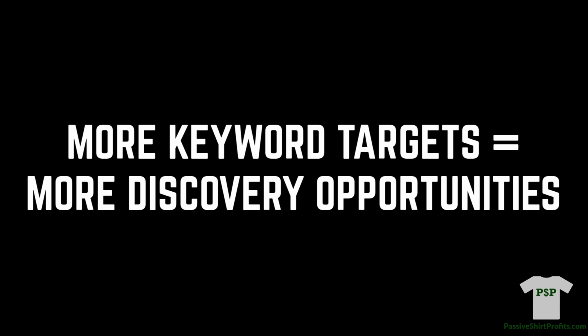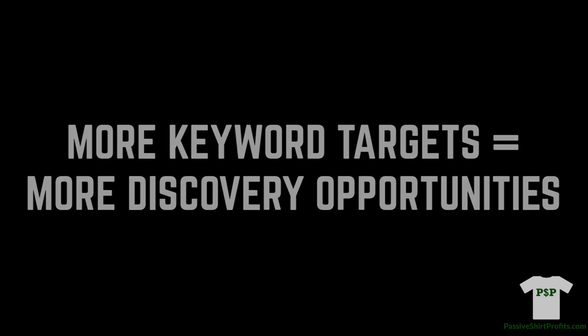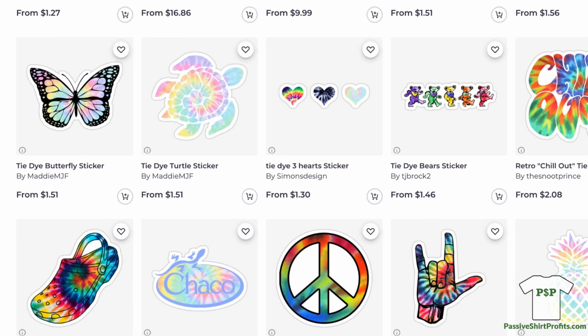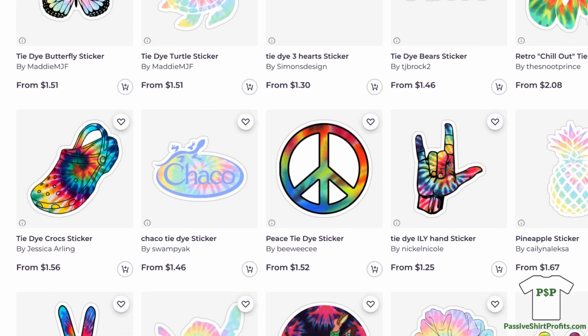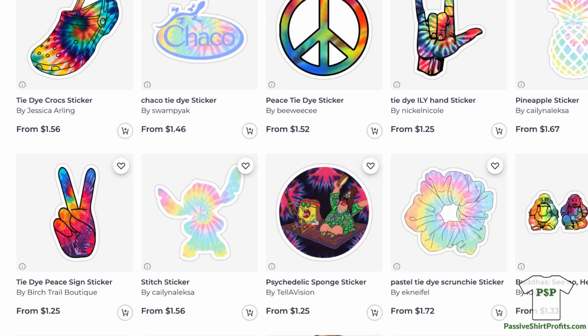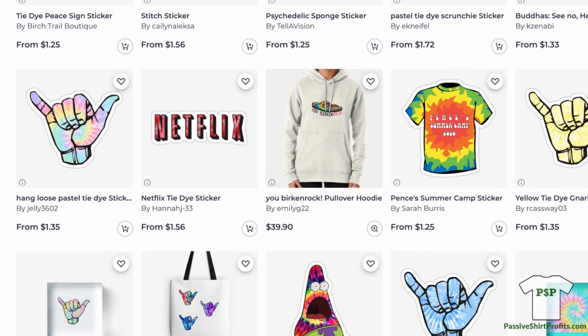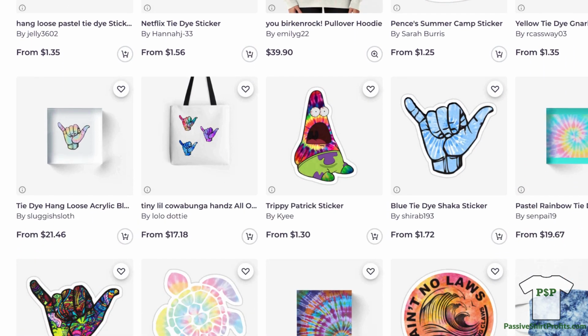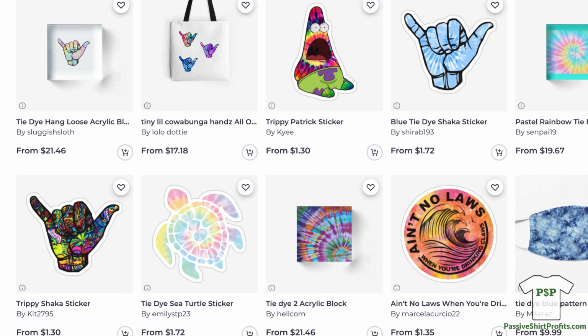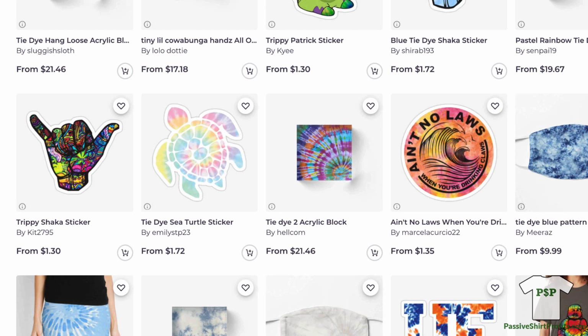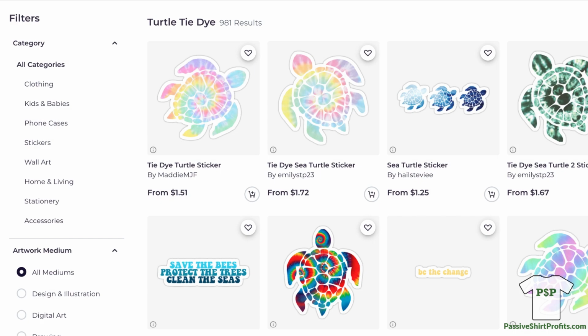so you can enter a space that will allow your design to get views and clicks. I noticed by doing research that tie-dye seems to be a popular art style on RedBubble in general. Now, how did I know this? Well, honestly, you guys, it just comes from time and experience. The more you study these sites, the more you will learn and the more you'll figure out what customers like. It's really all about time. And I don't think that there's so much a shortcut for this. It's just about experience. So if you search, you'll see that tie-dye turtle has less than 1,000 results.